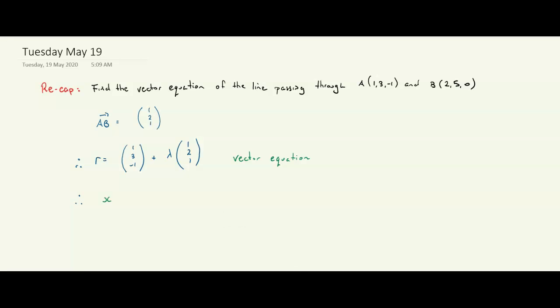So therefore we get x is equal to 1 plus lambda, y is equal to 3 plus 2 lambda, z is equal to negative 1 plus lambda, like so. From those 3 equations, we make lambda the subject, and from those 3 equations we get our Cartesian,